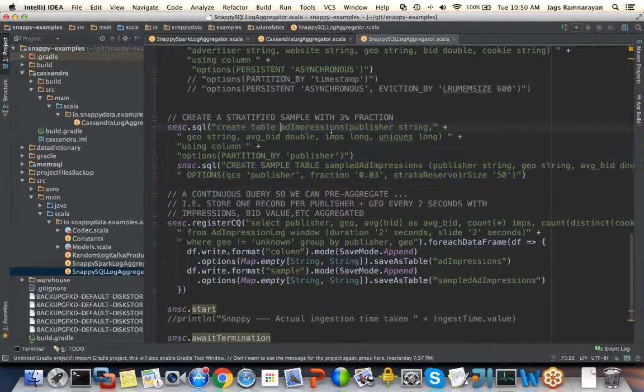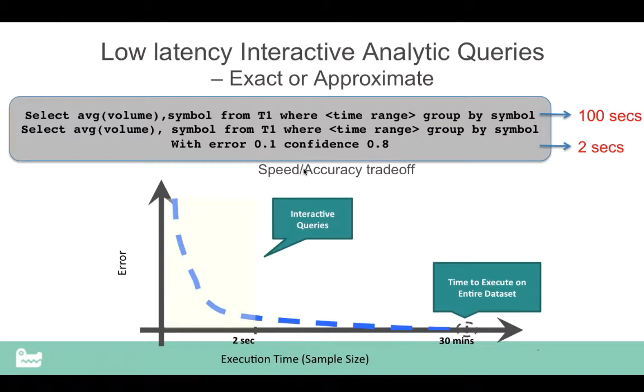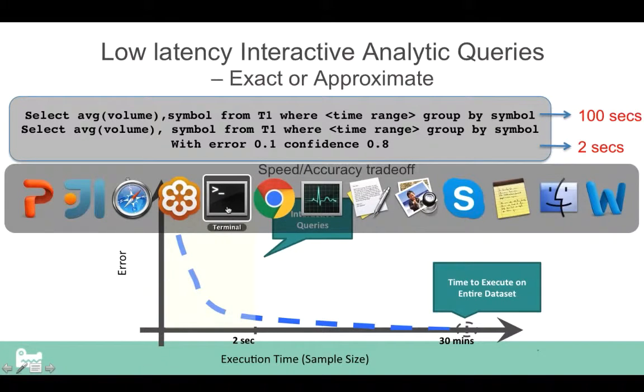And it exactly looks like the table itself, right? Add impressions. So the key thing here is that you can add any number of samples as if they were indexes, right? That's the key thing, as if they're indexes. And you can just start running your query. So if I were to go back here,